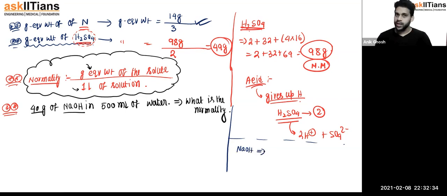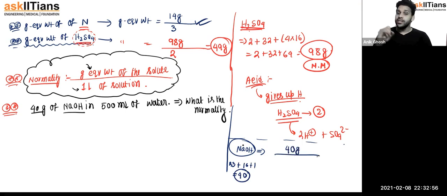You know it already. Just pause this video and try to figure it out. For NaOH, you need to find the molar mass first. For Na, it is 23. For oxygen, it is 16. For H, it is 1. Together, it is going to give you 40, isn't it? So for NaOH, it is 40 grams